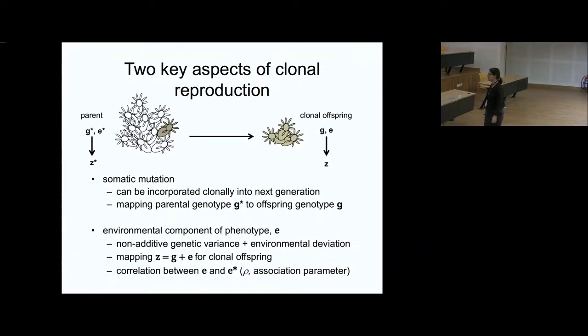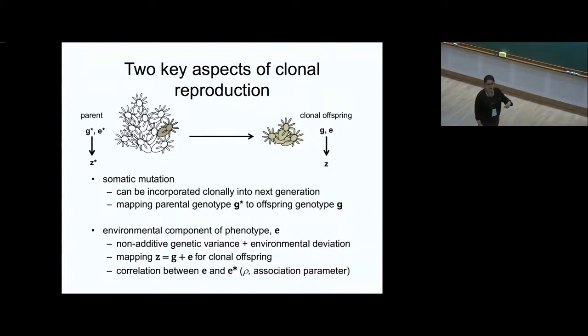So generally, we assume in random mating sexual populations that there's no correlation between E in the parent and, well, E star, I guess, in the parent and E in the offspring, right? That's sort of our assumption of that random model that we developed. That the only thing being passed on was sort of the additive parts. But here we're going to think, well, what if there's some sort of correlation between those 2, just for clonal offspring? We're going to call that rho, this association parameter. It's not quite a correlation unless we make certain assumptions. And let me sort of walk you through the thinking there.